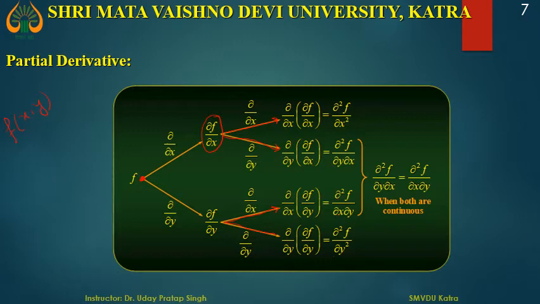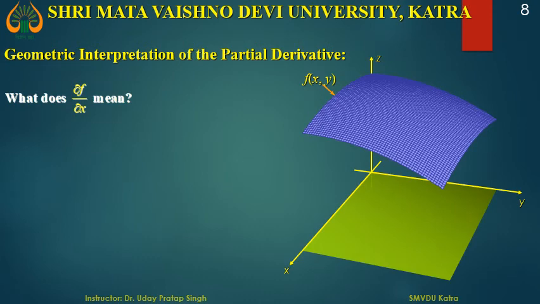Now, one natural question arises: whether these two derivatives are equal. If both are continuous, then these two derivatives are equal. Otherwise, we can't say. This is the second order partial derivative of f. Now, what is the meaning of partial derivative? In the first lecture, we already discussed